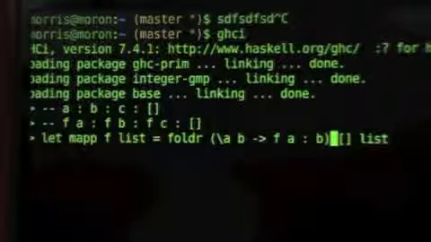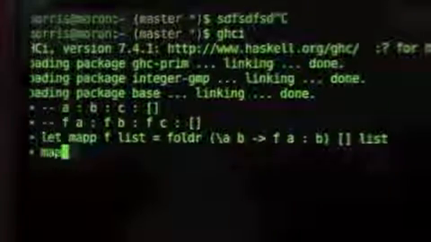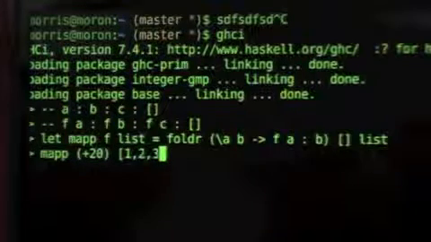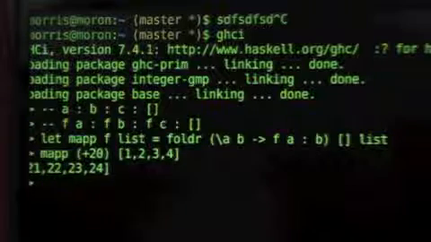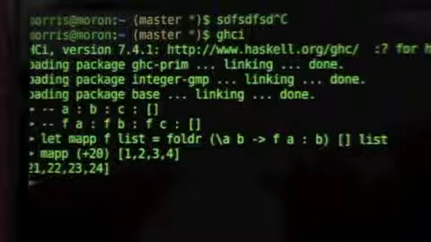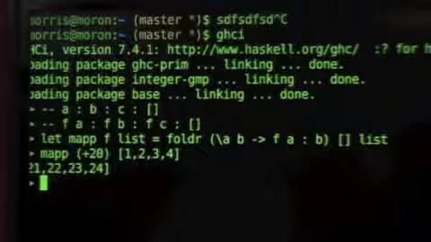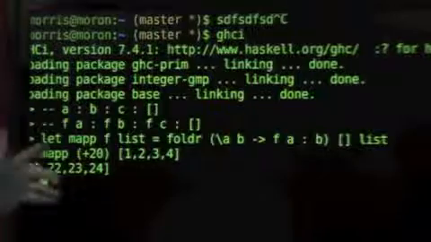All makes sense? And I've just defined a function here in GHCi. Now I'm going to call it. I'll add 20 to each of these. Okay? Should be a 2 there. Yeah. Okay. I can only see the 1. Alright, so I've defined this function here, map, that